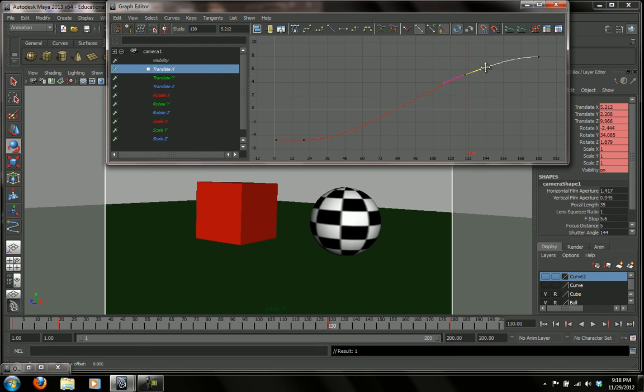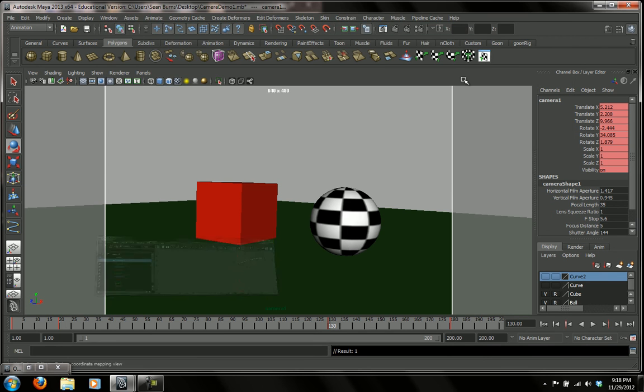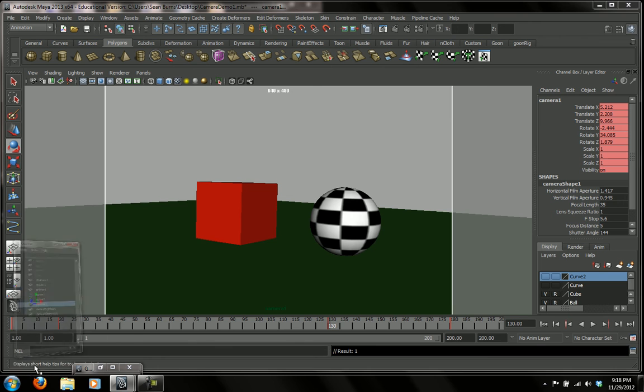If you don't know about the curve editor too much, we can do a little bit of review on that if you want. Okay, so that's just a basic camera move without using a curve or anything like that. So let's go, and I'm going to show you another